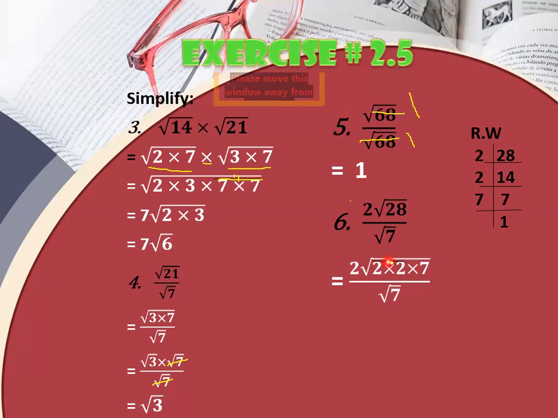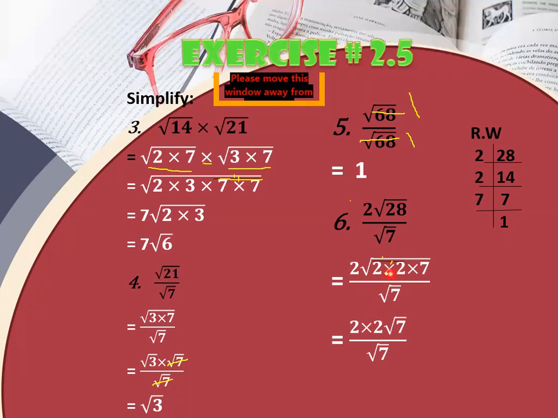Now you will make the pair of the same number. Okay, so this is the pair of the same number, which is 2. So this 2 pair will be cancelled with this square root and you will take out 2. Okay, when you take this 2 outside the radical,